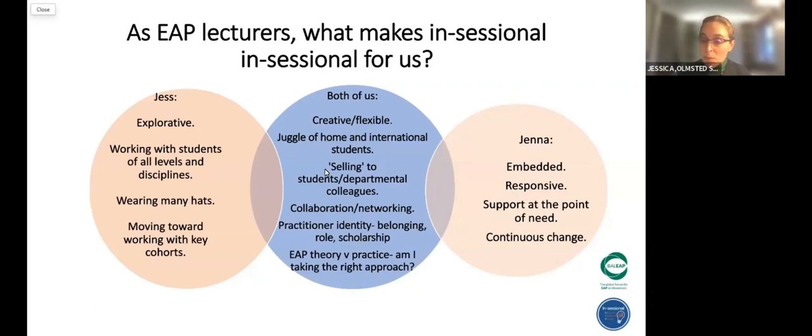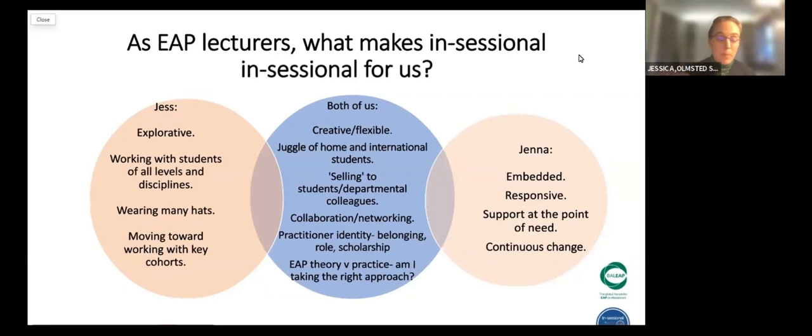But it also means that we're wearing many different hats. So in one day, for example, I or one of my colleagues could be seeing students in one-to-one consultations. That could be a drop-in or a longer consultation, the writing consultations. It could be writing and then teaching an academic skills session, a centralized academic skills session. It could be working with academics in departments, writing sessions and teaching sessions. It could be developing asynchronous resources. And also, many of us have leadership roles within the department. So we have many hats that we wear on a daily basis, monthly basis, that sort of thing.